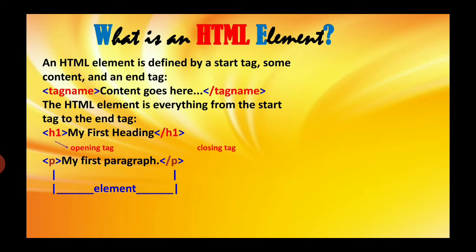Now you see h1, and you can see the next one, p tag is for paragraph, changing the paragraph. So the p tag and h1 are the opening tags, and slash h1 and slash p are the close tags. Okay, so whatever is written within the opening tag and closing tag, everything comes under the element. So my first paragraph, p slash p, everything is an element.